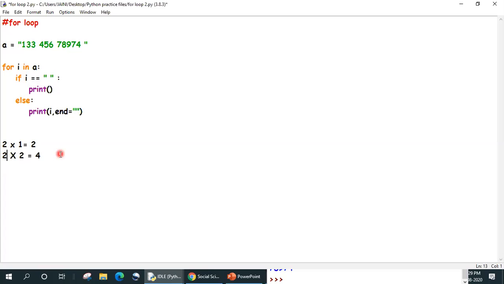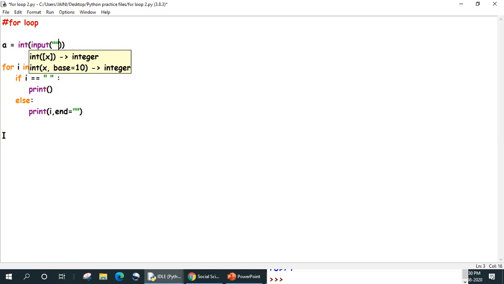Okay, I'm going to do it now. I'm going to take the value from the user over here. It's going to be an integer value, so I'm going to say enter the number whose tables you want to view.